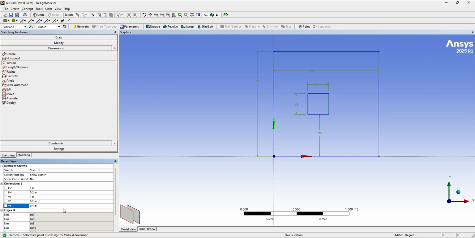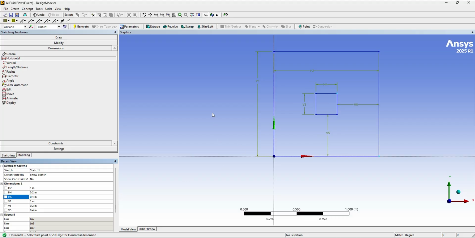It just needs to move a little bit, and then the horizontal distance between these two also has to be 40 centimeters. There we go. So our square is in the middle of the enclosure. Again, it doesn't really need to be in the middle, but it might actually be a better idea for us